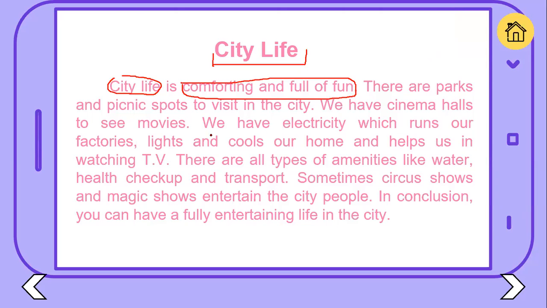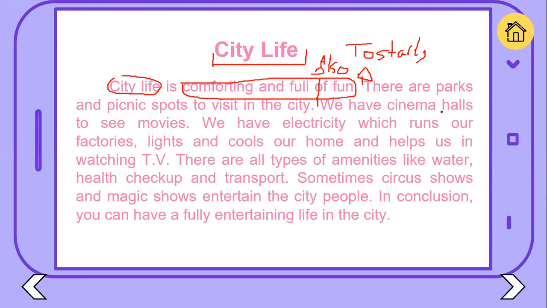There are parks and picnic spots to visit in the city. Okay, this is the first information. Here you can add a transition word to start with. For example, to start, there are parks and picnic spots to visit in the city. If you finished the first information, now you can use a linking word like also. You can say also,